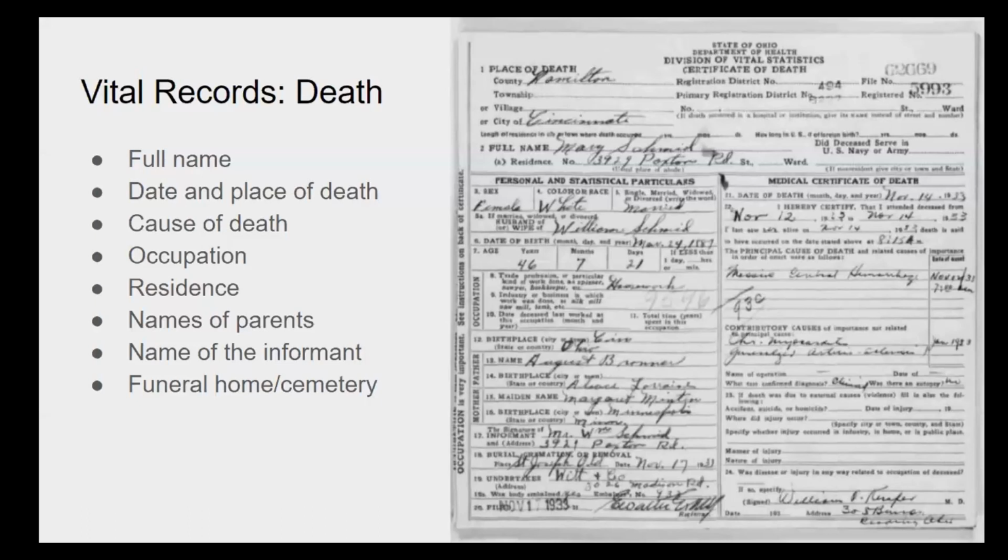And so while you're assessing these records, it's important to keep in mind that the accuracy of the information hinges upon the reliability of the informant. In this case, her husband, William Schmid, was listed as the informant on her death certificate, and he provided all of that information. Since the informant was her husband, that does imply a certain level of trustworthiness in the information,